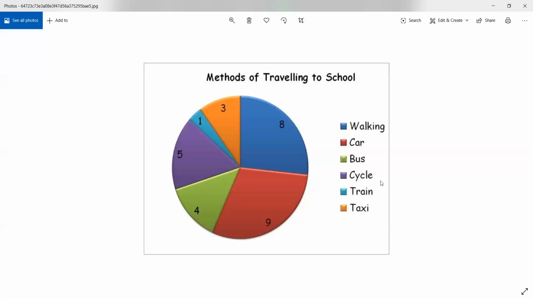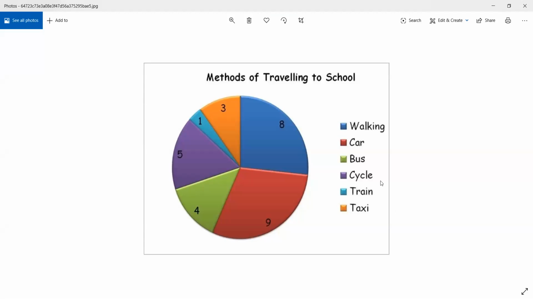This is especially good when you are comparing budgets. For example, let's suppose we are taking methods of traveling to school. Let's suppose different schools, one college or one school. Let's suppose they are facing a problem where a lot of students are becoming absent to school or to college because of their mode of transport, for example.